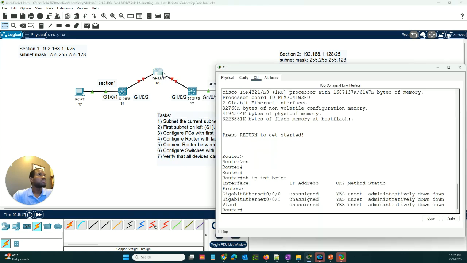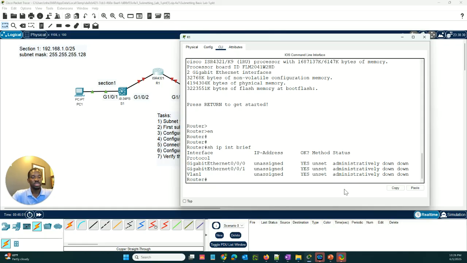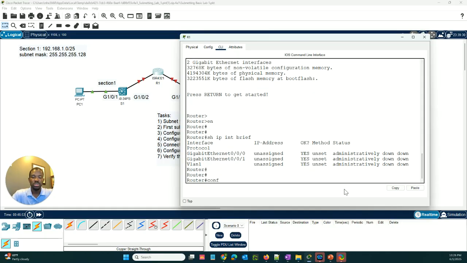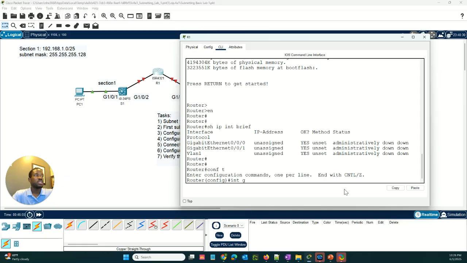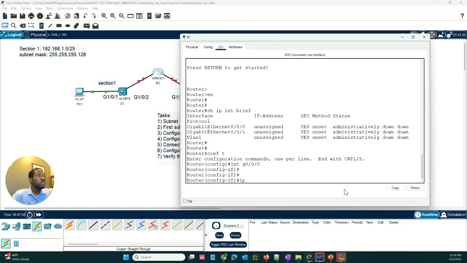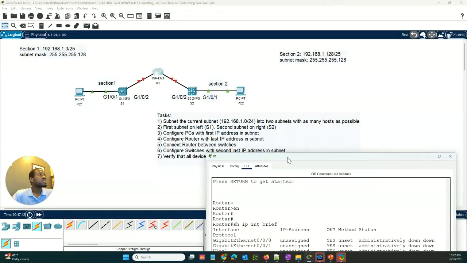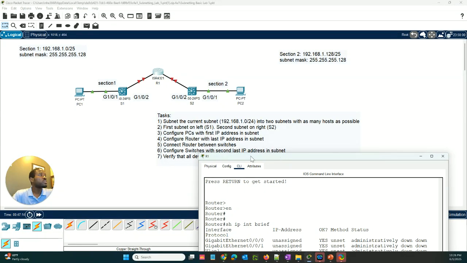Yeah. So, and we see they are all down. Let's configure terminal, interface gigabit 0/0, IP address 192.168.1. So now we are configuring